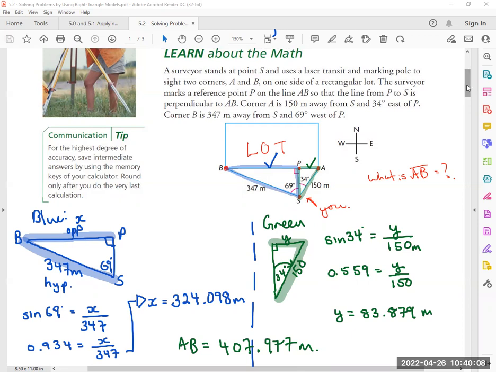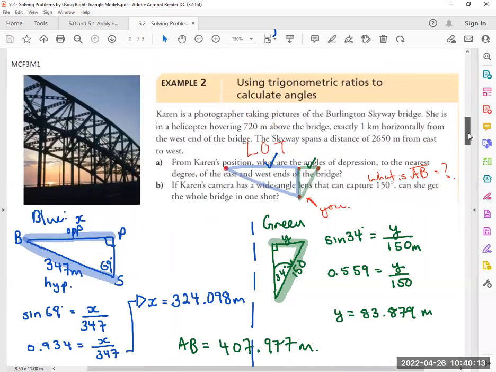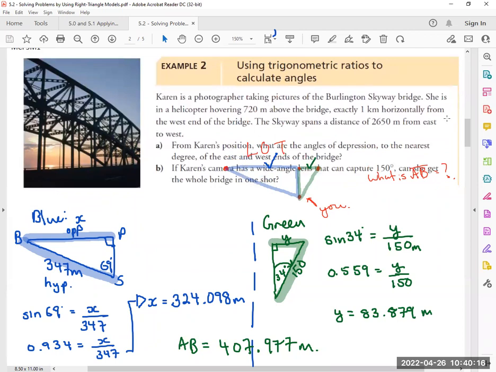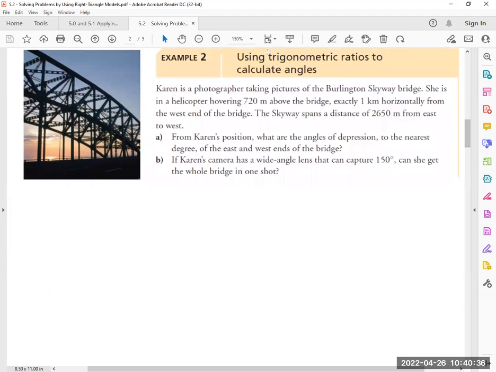The next question is going to be a bit of a challenge. Forget the math. I'd like you to read this question and see if you get the same picture that I'm going to draw. The next example that I'm giving you is to show you how important it is to read and sketch your triangles accurately. So don't do the math. This one is a drawing task, okay? It's like arts class. Read this section and see if you can draw the bridge accurately with respect to a